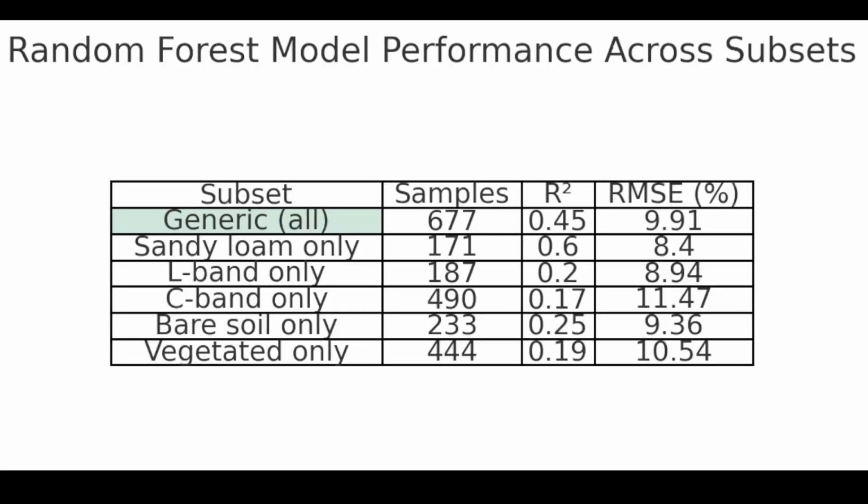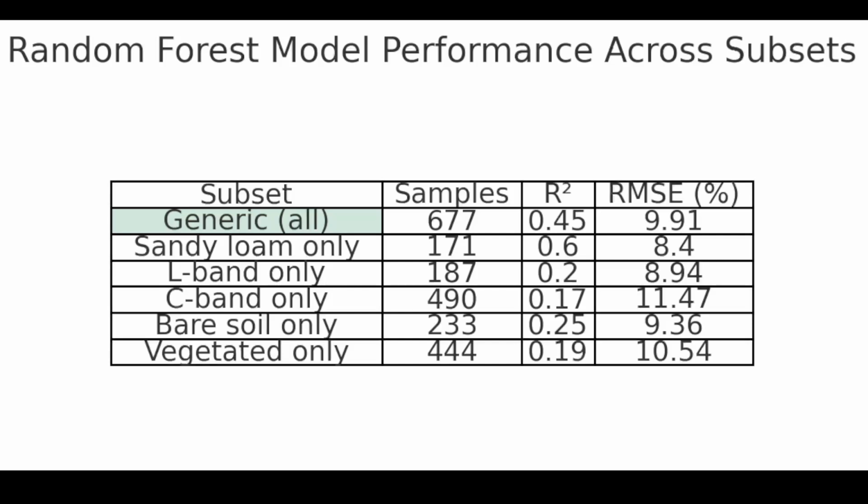Maybe if you ask me the reason, there could be some possible reason. Maybe it is related to the physical property of sandy loam, like how radar waves interact with the soil's dielectric property or its surface roughness. This may just happen to be the optimal condition for predicting soil moisture for this particular region, for the Berambadi